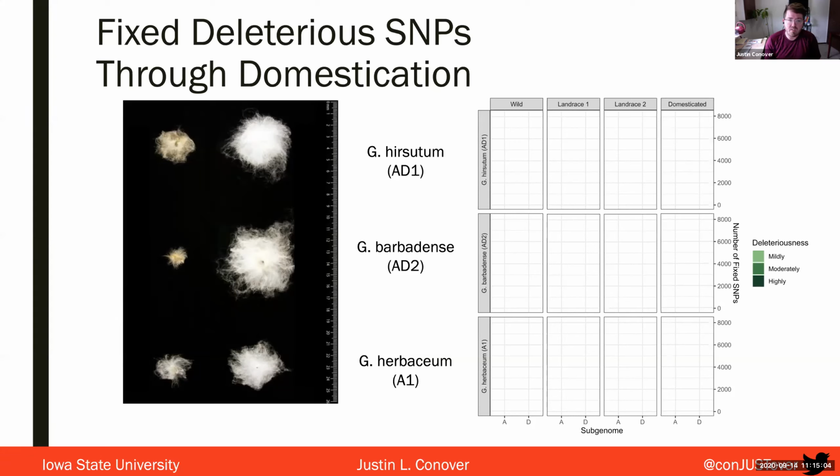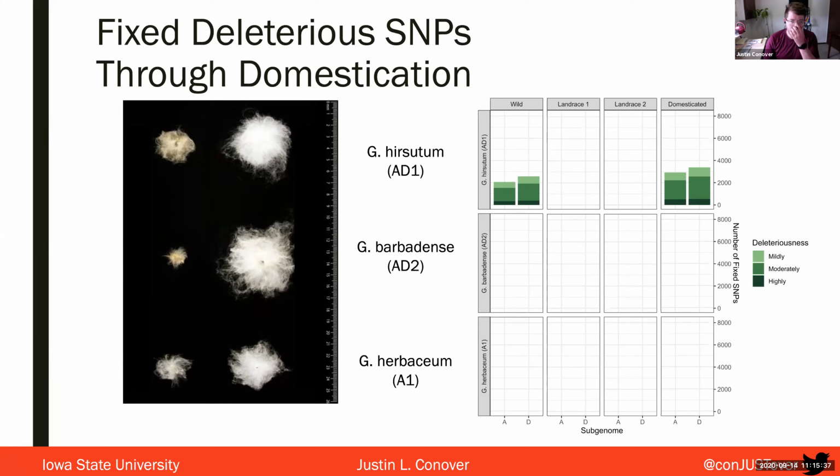And a question that comes up is, as the domestication process happens, does that correlate with an increased amount of genetic load as well? So first, if we look at Gossypium hirsutum and tabulate the number of deleterious mutations in both wild and domesticated accessions, there are more fixed deleterious mutations in the domesticated accessions. And again, we see that D bias over the A subgenome. But the number isn't really all that different. It is more, but it's not